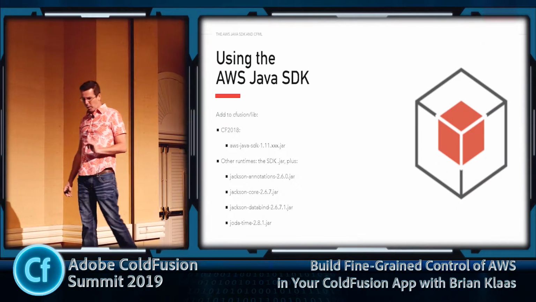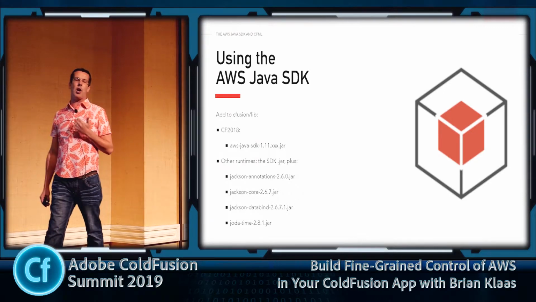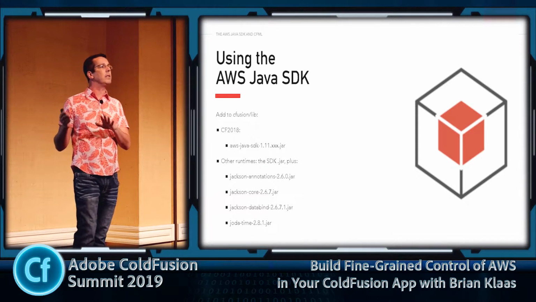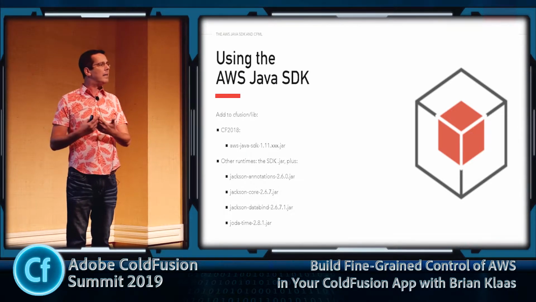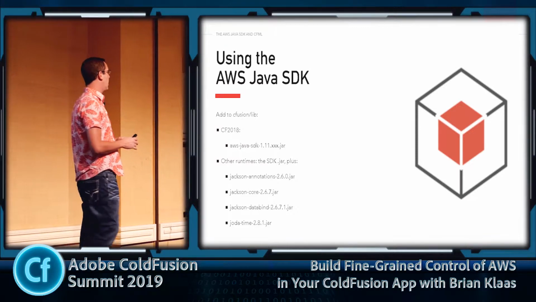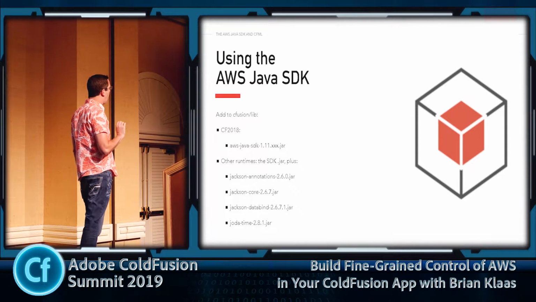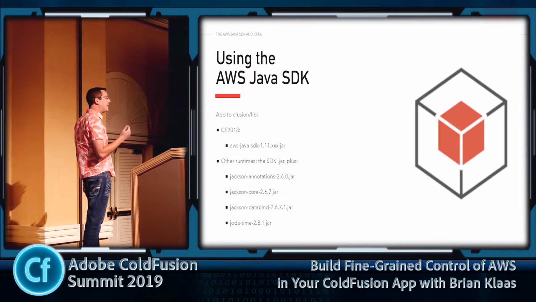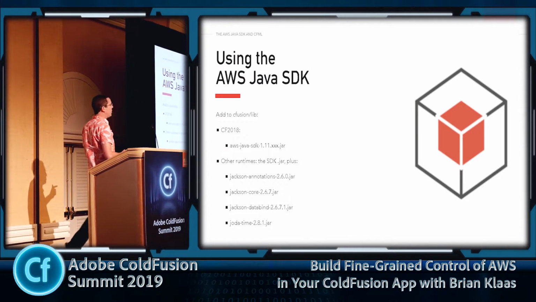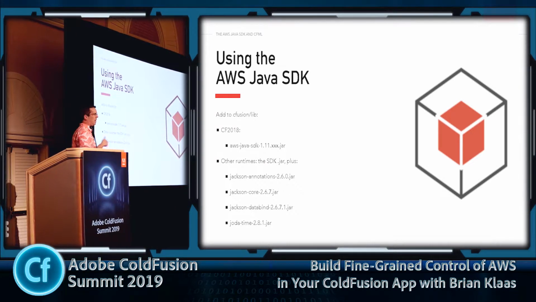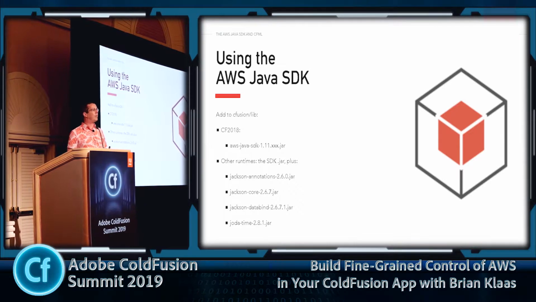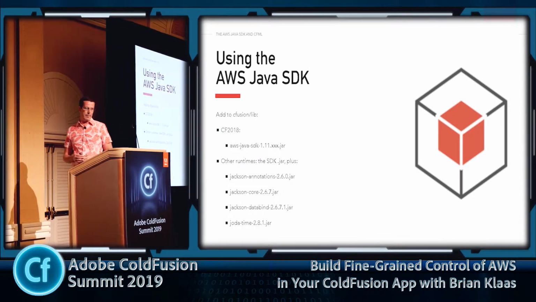Now, in order to do this work, you actually need to use the AWS Java SDK, right? ColdFusion is Java, it's written in Java, it runs on the JDK, so we're going to use the Java SDK provided by AWS to do this work. If you're using ColdFusion 2018, all you have to do is add the Java SDK jar file, it's a single file, to your CFusion lib directory. If you're using other runtimes, including CF 2016 and 11, which works back as far as 10, you would also have to add those other jar files that come bundled with the AWS SDK to your CFusion lib directory